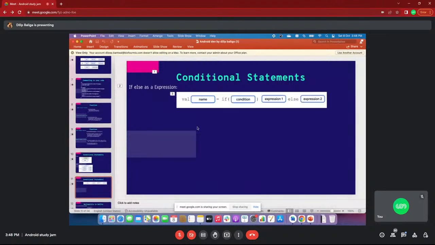Hope this is fine. Now we can add a conditional statement, and it's kind of an expression also. Expression means I can assign the value of that particular statement to something.